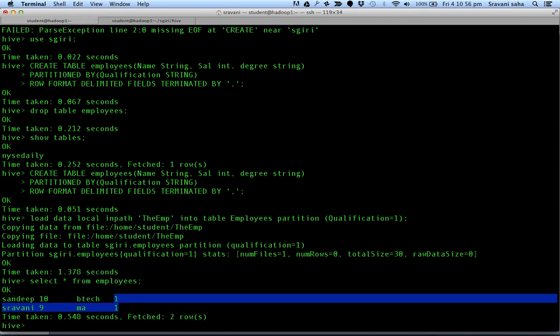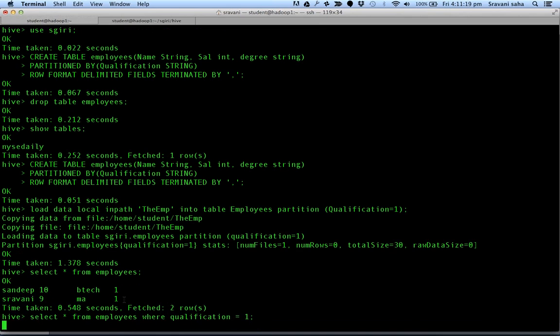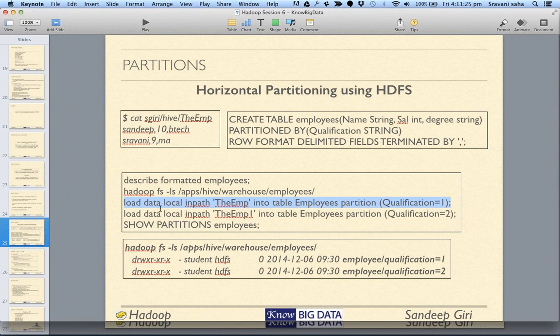The fourth one is the partition column. Partition column is essentially another column. It's just that when you are defining your table, you don't define the fourth column. Now, if I do select star from this where qualification equals 1, it gives me the result. Since I have defined that load my file into table into this particular partition,